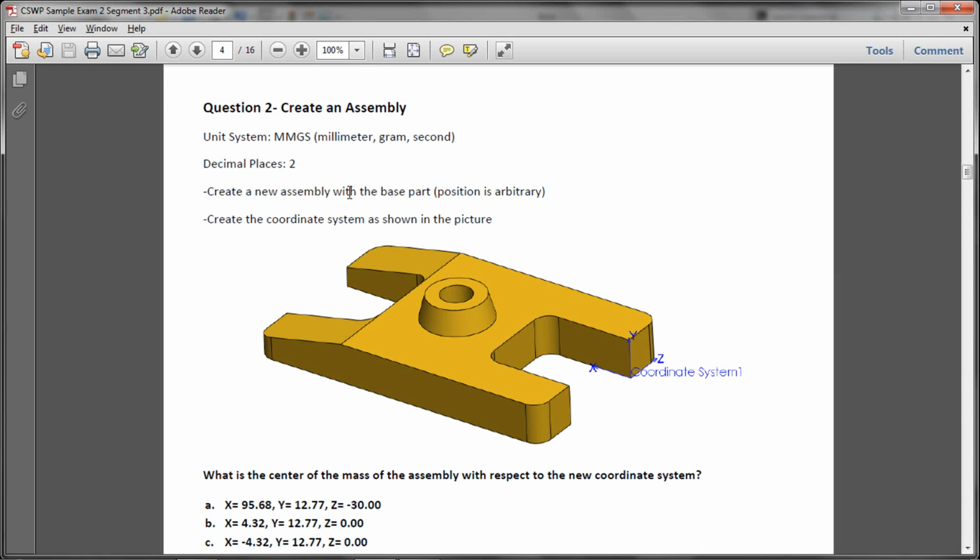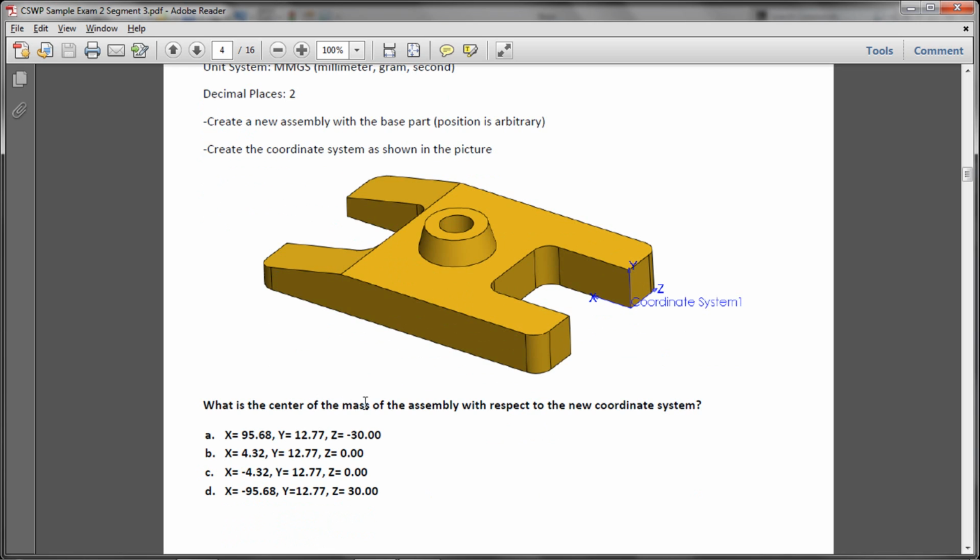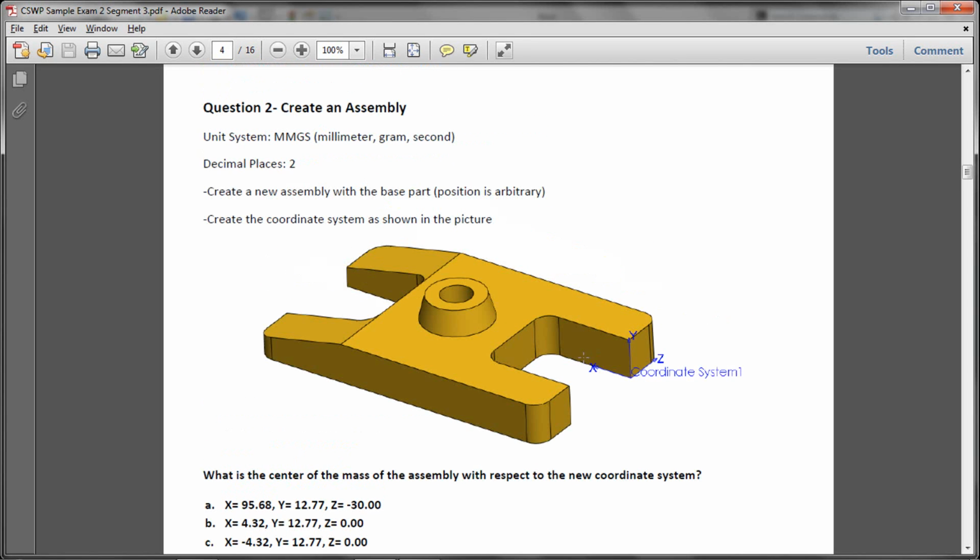In the second question, we have to make an assembly from the part we have created before and find the center of mass according to a new coordinate system. And let's make this.